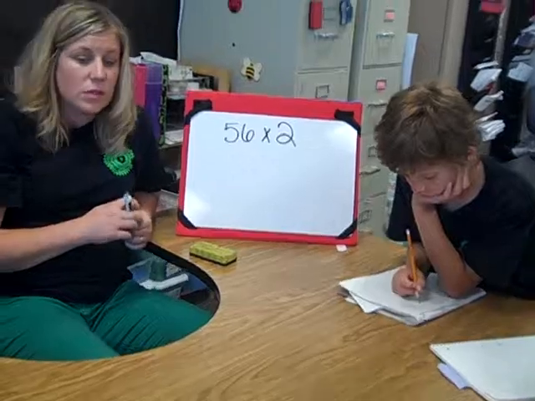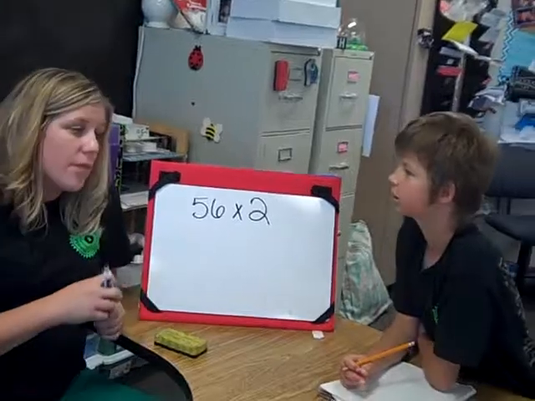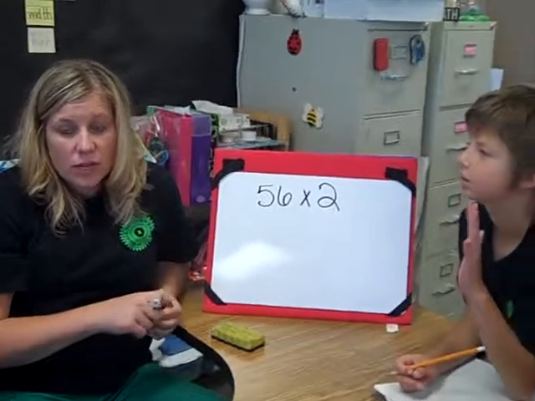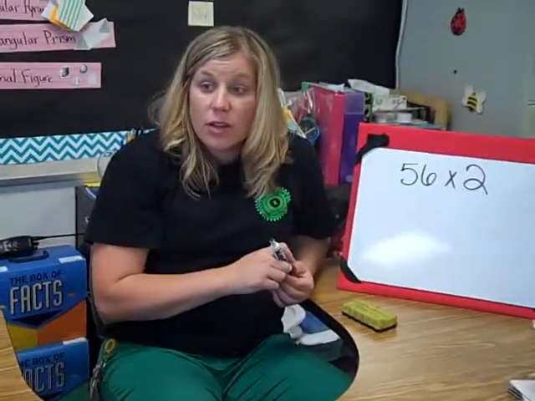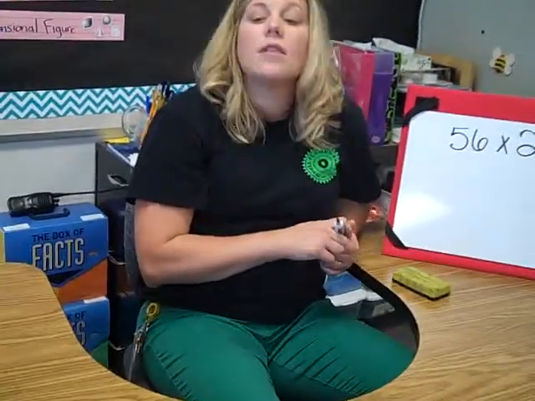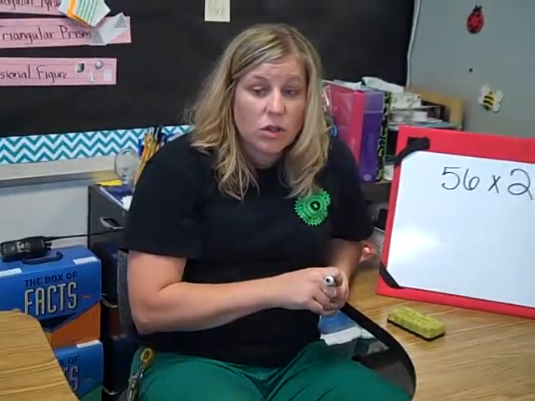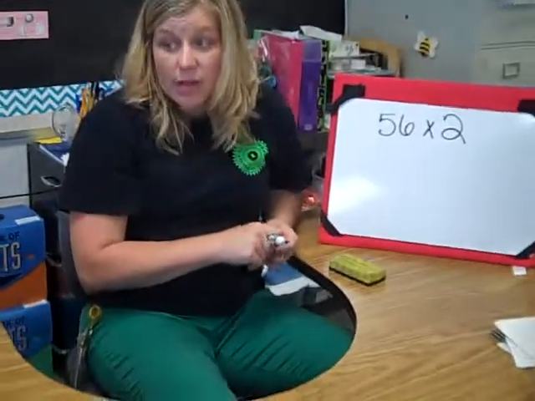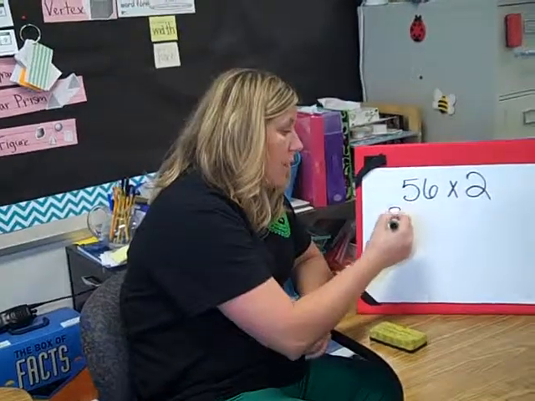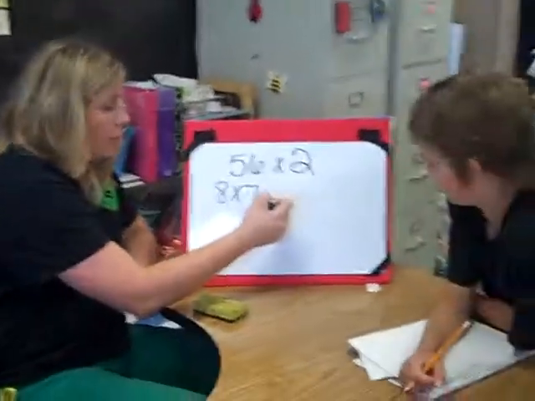Since most of you do have a strand, what is going to help us write down that big number? What do you have to know? Sachi, you have to know your tables. What tables? The multiplication tables. You have to know your fact families. So what fact family does 56 fall into? Yes. 8 times 7. And then what would be the strand? 8 times 7 times 2.